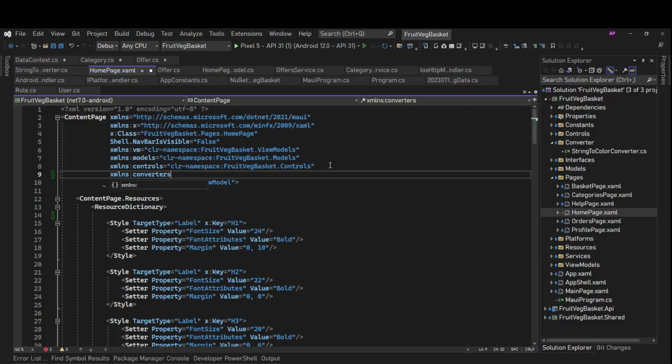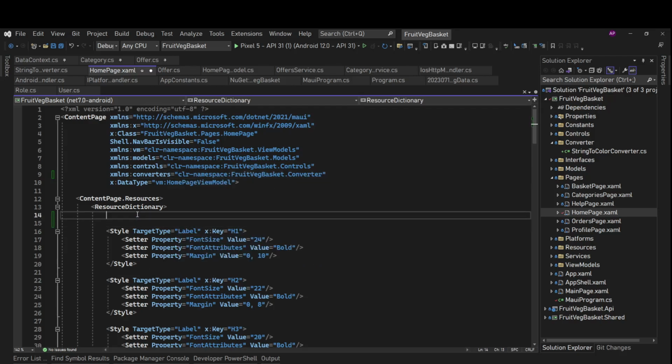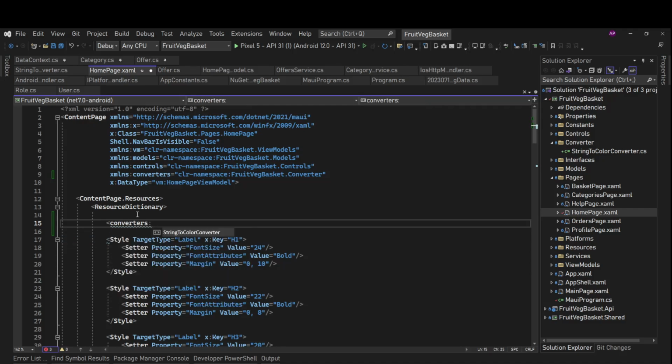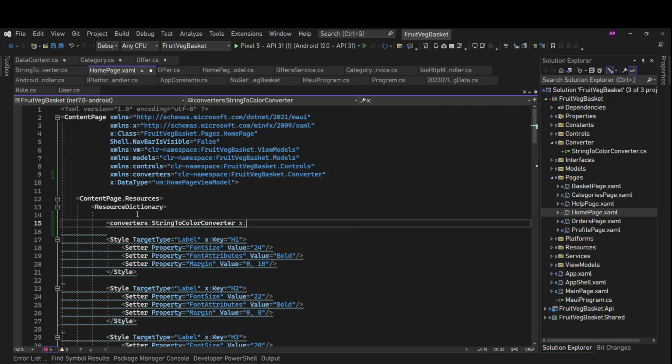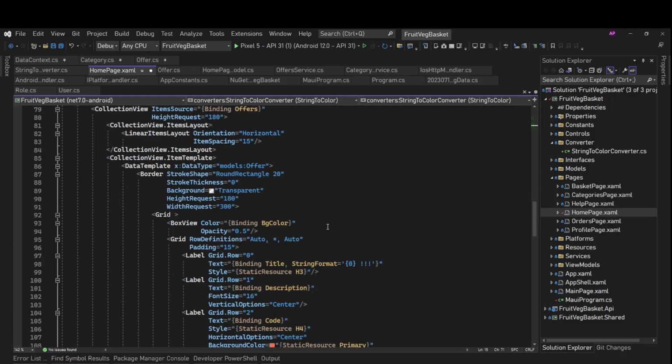So let's say converters, fine, and here we'll add converters string to color converter. We need to provide a key for this. So let's say string to color.